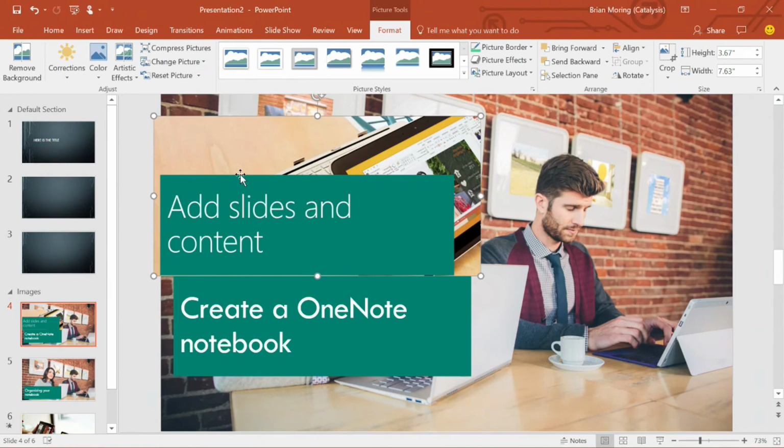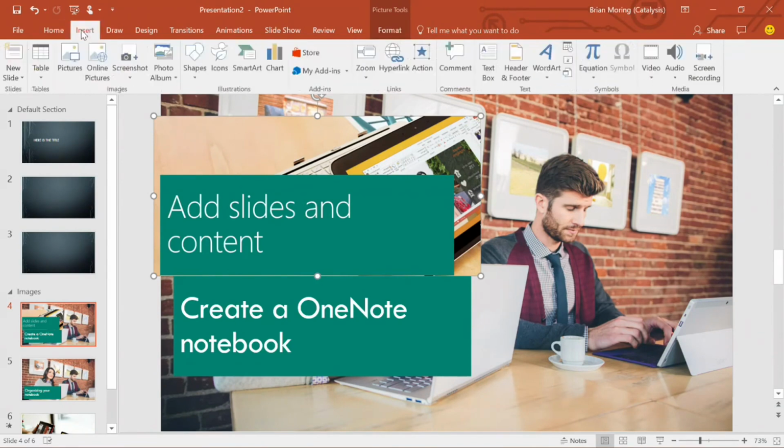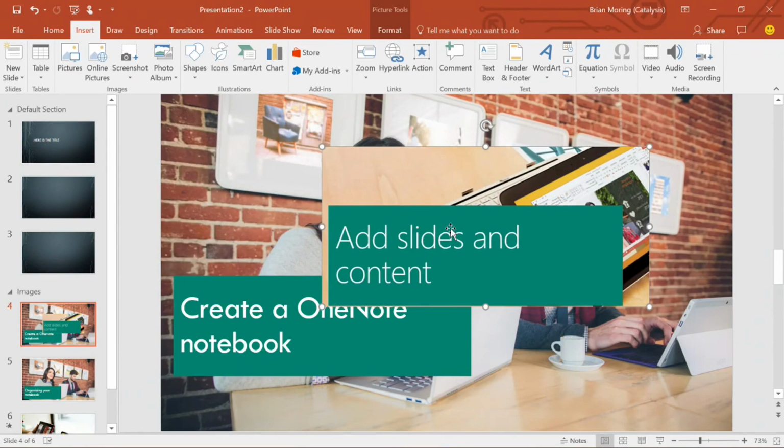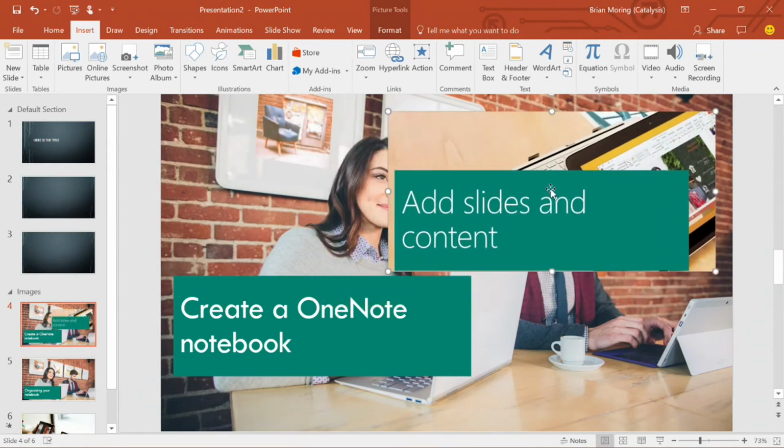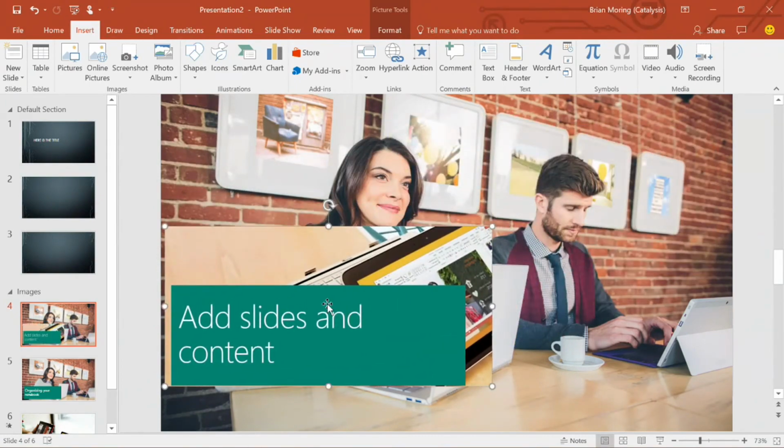So, you have your web browser open. You want to navigate to that, grab the screen clipping, do the same thing. You can go in again to the Insert tab, take that screenshot, and go in and grab that document. Okay? We now have this additional item in our page, and you can see, again, it comes in on top